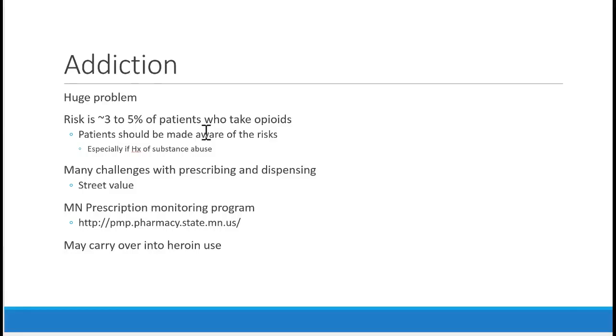But to replace them, the quality of heroin coming into our country has gone up substantially, and heroin's actually relatively cheap. It's cheaper to get heroin than it is to buy oxycodone on the street. So most people who have been addicted may have turned to heroin. So we're seeing a spike in heroin addiction that we didn't see a few years ago, mostly because of this. So a huge amount of social issues around the addiction of opioids, and